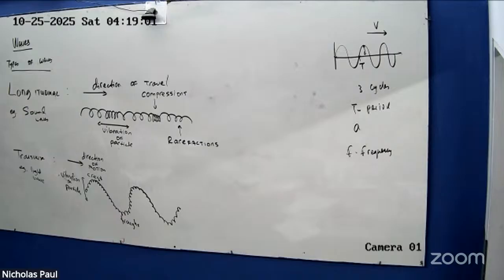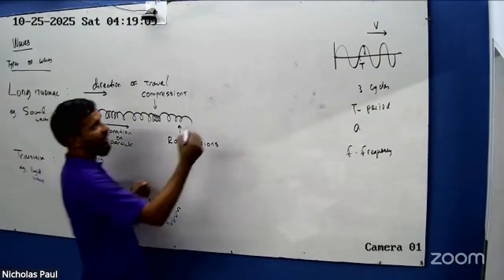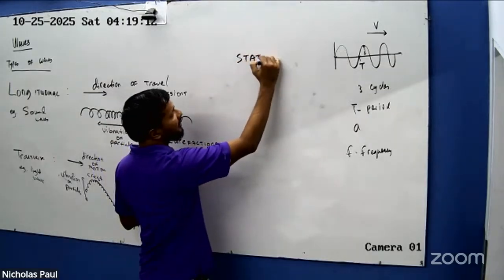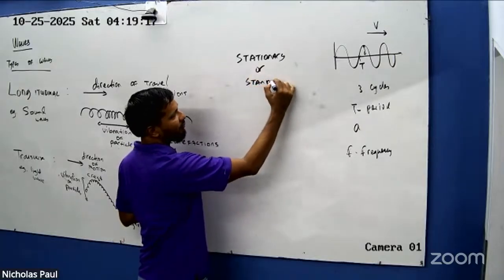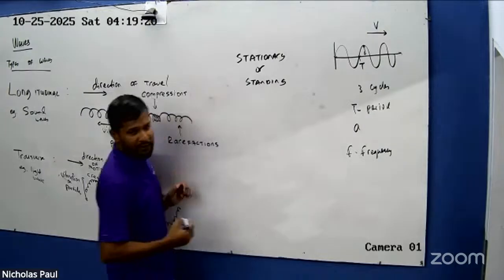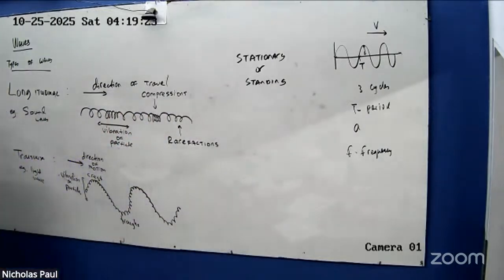And the second type of waves is called stationary waves. Sometimes people call them standing waves. Stationary or standing waves. First up, in these waves,